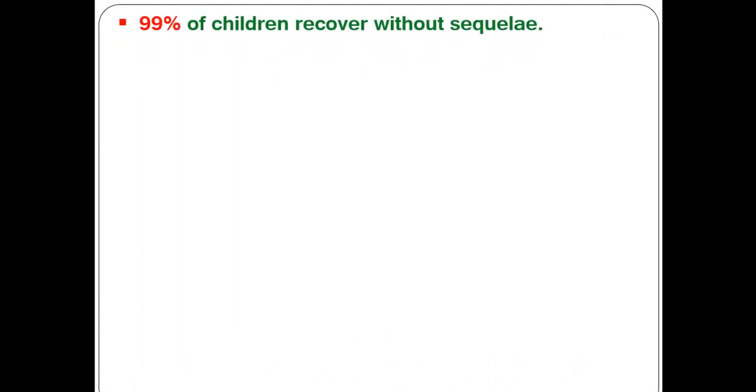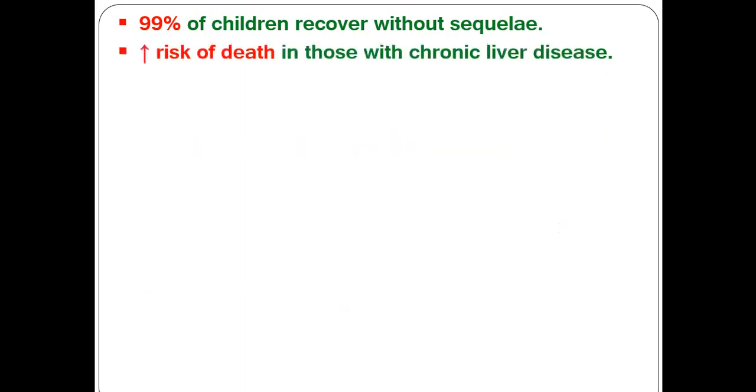Now, what about the prognosis of acute hepatitis due to hepatitis A virus infection? Fortunately, 99% of children recover without sequelae. We talk about children, of course. But there is increased risk of death in those with a chronic liver disease. In rare cases, there may be an acute liver failure or fulminant